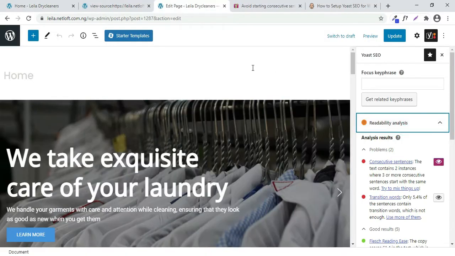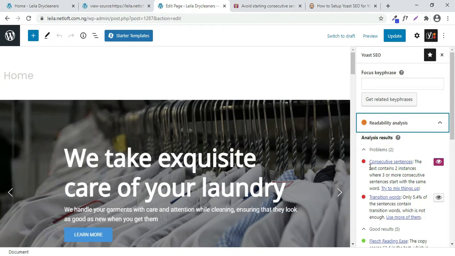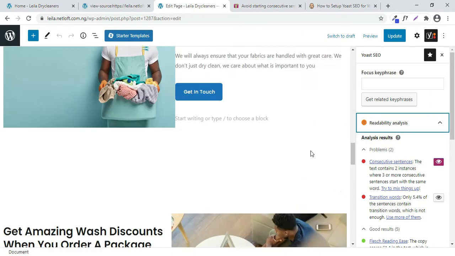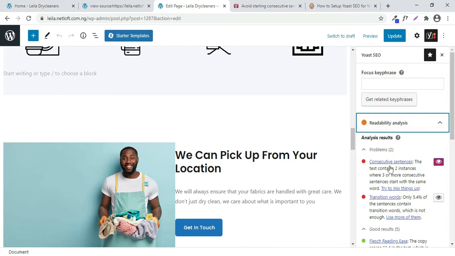So one of the ways that you would know that the Yoast plugin is now on your WordPress installation is that now when you try to edit a page, remember that this is our edit page section, on the right you would now see some things from Yoast SEO that you will need to edit. So for example, Yoast SEO is flagging two things now that you need to correct.